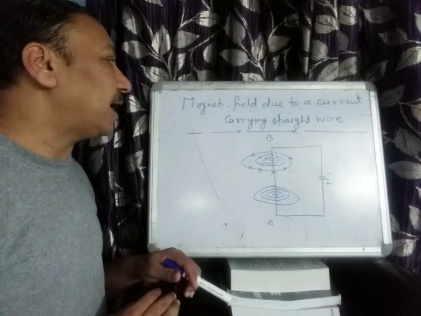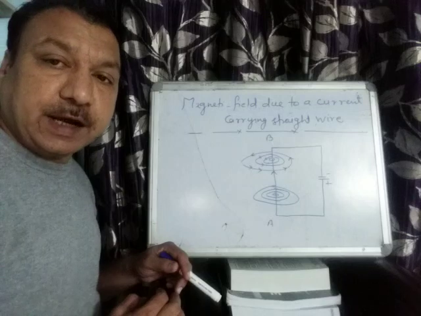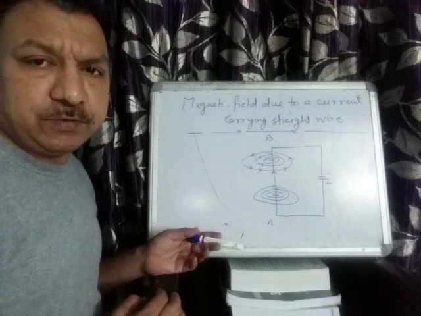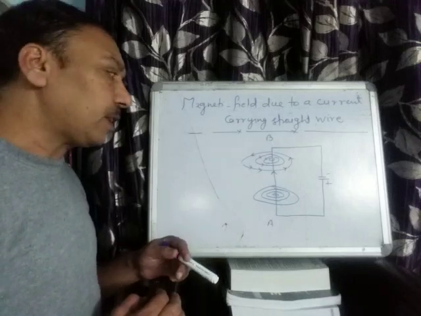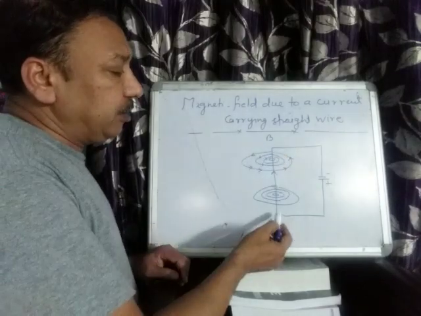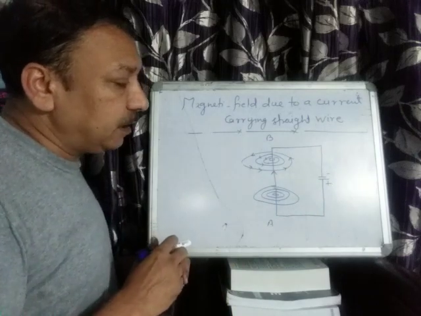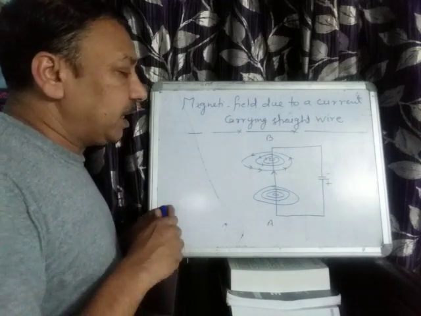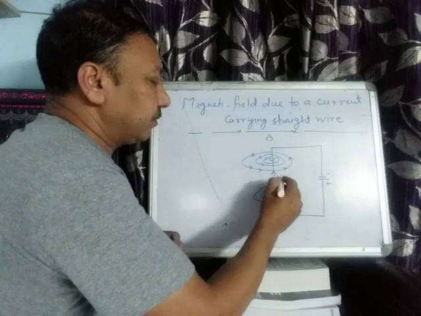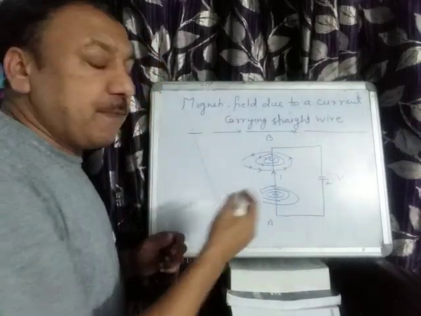So first I am starting with the magnetic field due to a current carrying straight conductor or straight wire. The wire, generally, we take a copper wire. Here I have taken a wire AB, and the ends of the wire have been connected to the terminals of the cell. If the current is flowing, let the current be I because of this potential V. It will behave like a magnet.